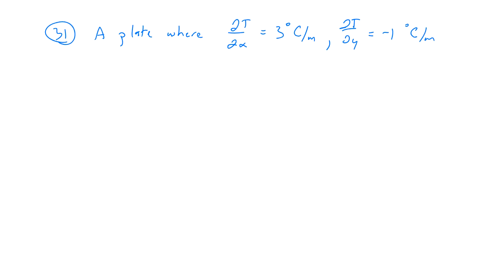So here we have a plate, and I think officially it's a disk, so it's a plate that has a finite length. If we're at this point, then the rate of change of the temperature as we move a meter in the x direction is 3 degrees, and the rate of change of the temperature if we move 1 meter in the y direction is -1. And it says now find, so it continues,